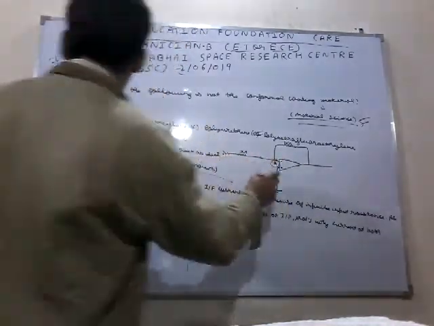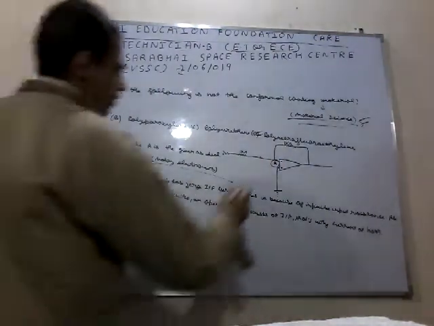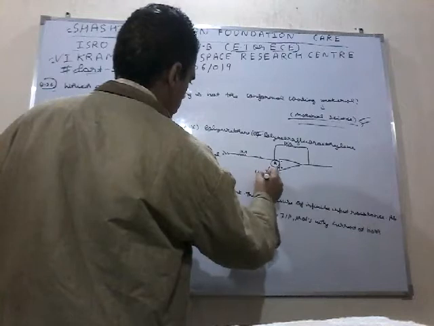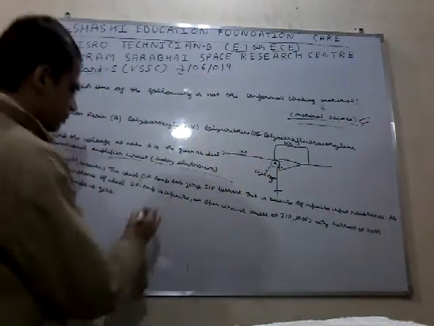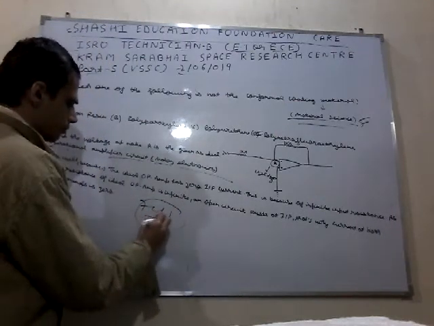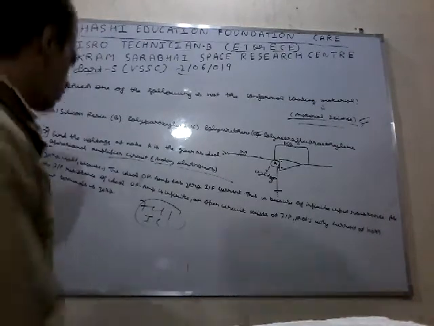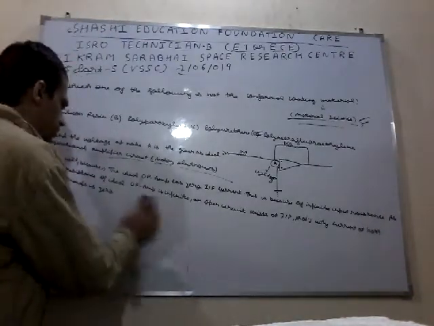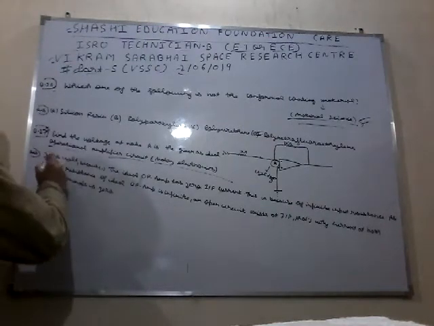Find the voltage at node A, given as an ideal operational amplifier circuit. Here we have to calculate the voltage, and the circuit is an ideal operational amplifier. And you know the op-amp stands for one IC. This is ideal: if you can't give any supply to it, it means an ideal IC. Now the answer is 0 volt.